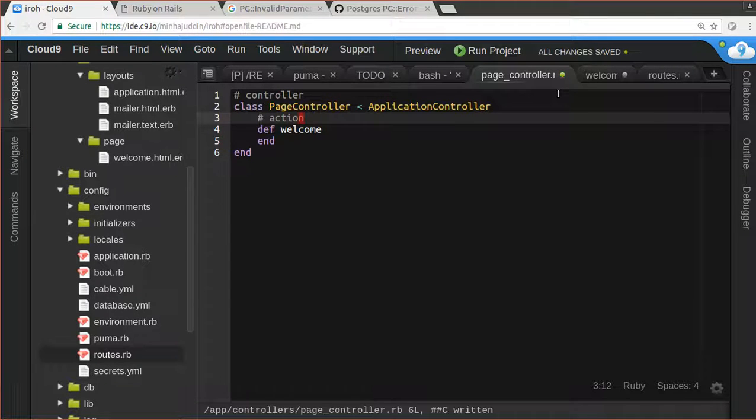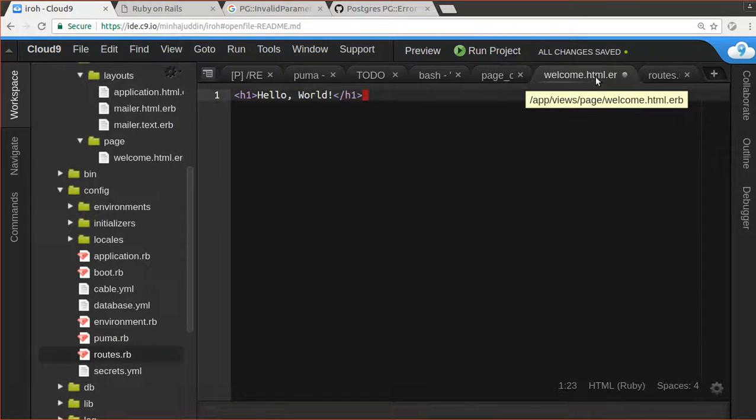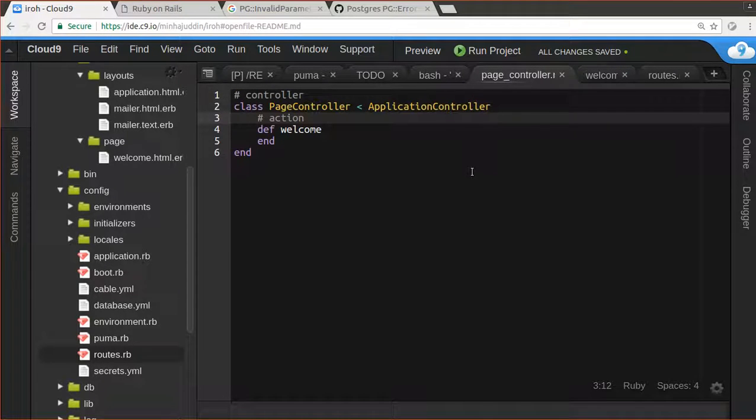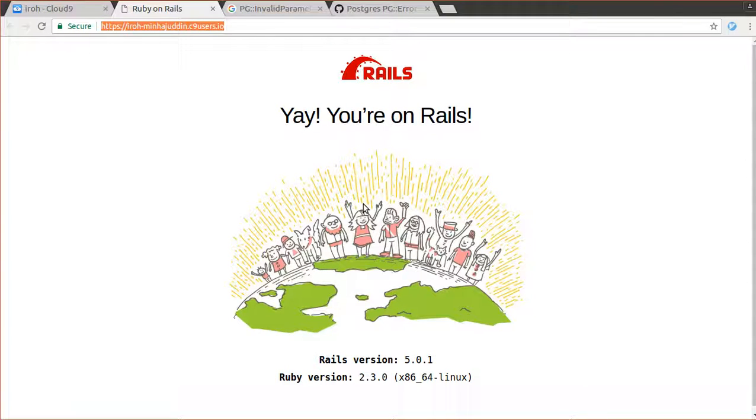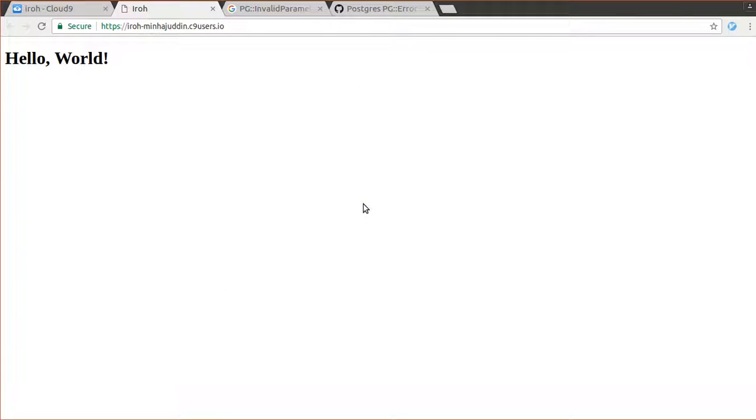Okay, anyway, so what we've done is we've created a page controller, we've created a welcome HTML view, and we've added this line inside of the router. And now after this, if I refresh this page, you should see a hello world h1. Awesome, right? So how cool is that? So now if you look at this page, it says hello world, and